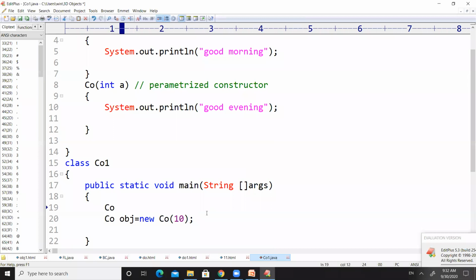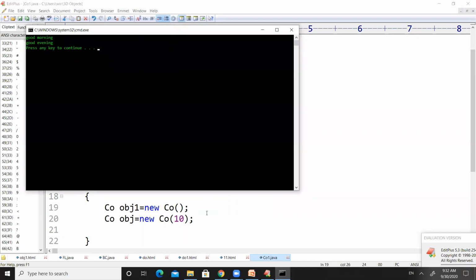So I need to create one more object. Here my object name is obj1, which will execute the constructor with 0 parameters. Now let us save the code, compile the code, and then run the code. It has printed good morning and good evening. This is how the constructors are going to be executed.